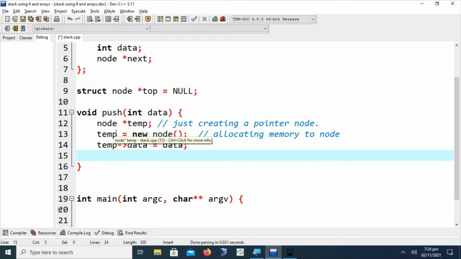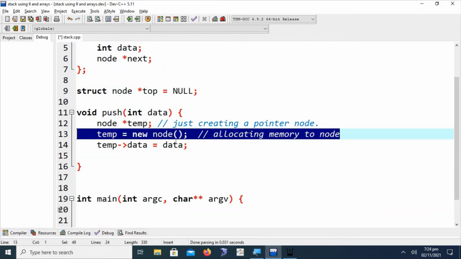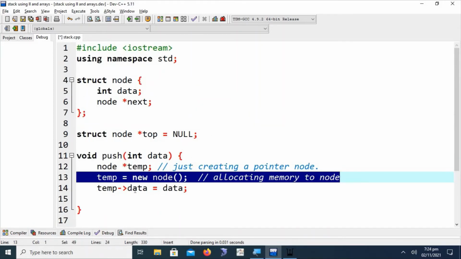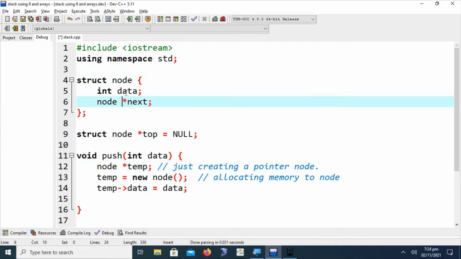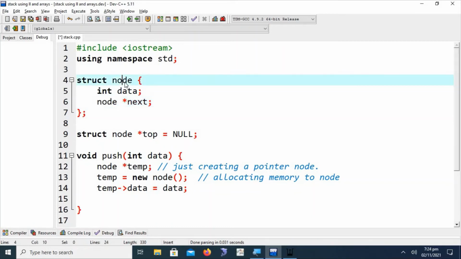After this operation, we have created a node, and the data part of the node, because temp is of type structure node, contains two parts: one is the data part and one is the next pointer part of the similar structure type, which can hold the address of a structure node. In the data part we have placed the data.